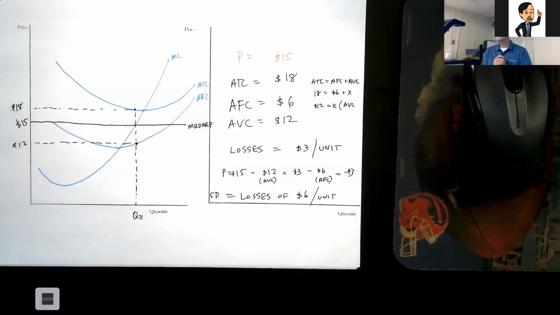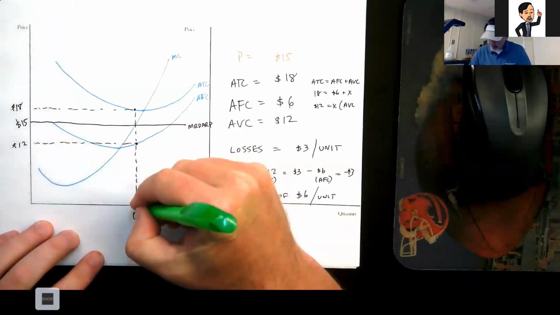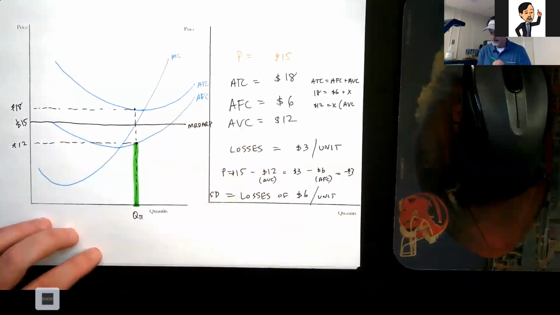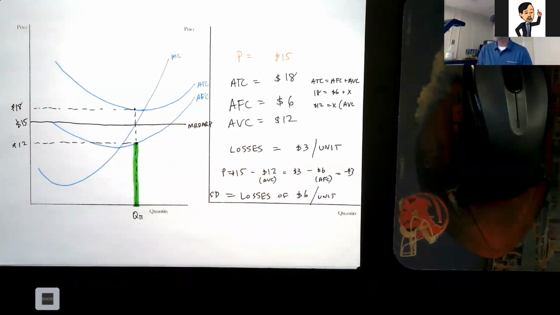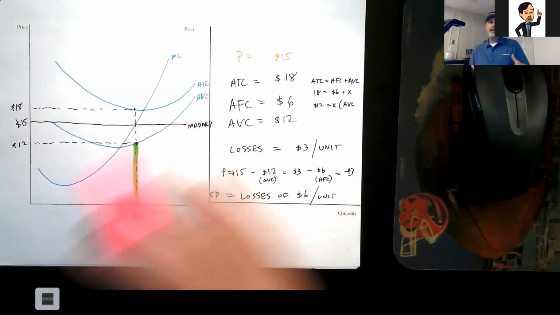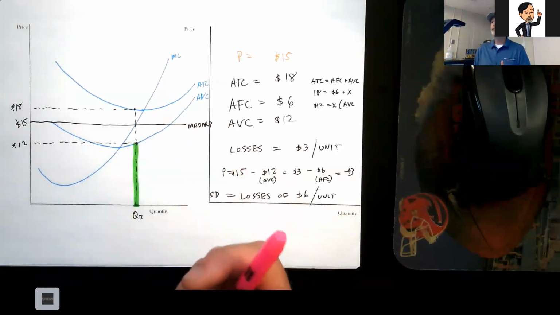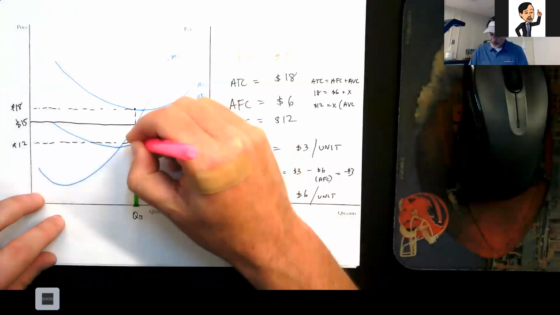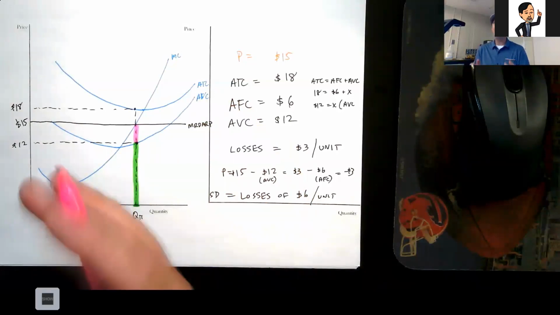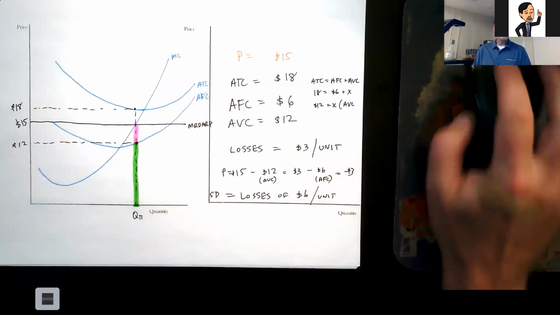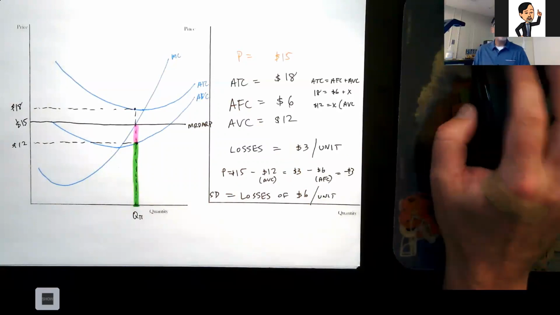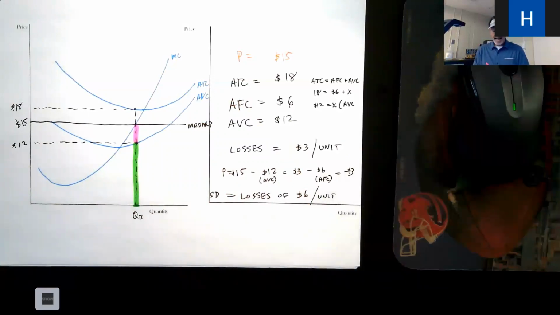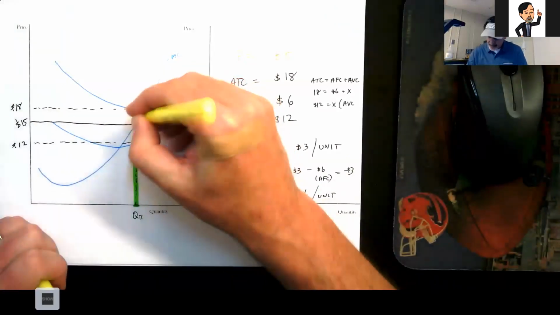was 18. All right, let's get ourselves a pretty little highlighter. And this is me starting at a cost of 0 and going up. There is me covering $12 of average variable costs. And I haven't gotten to my price yet, have I? I have not. What do we know exists in between average total and average variable? Average fixed. Average fixed cost is the vertical distance between those two. So when I switch and I do this, this is me paying part of my fixed costs, correct? But is my price high enough to cover all of those fixed costs? It is not. And that is why, in this case, we are going to see losses amounting to $3 per